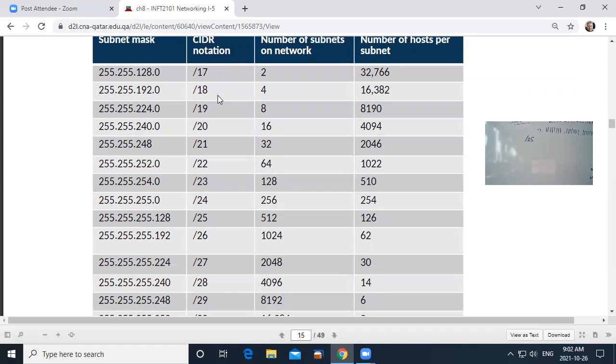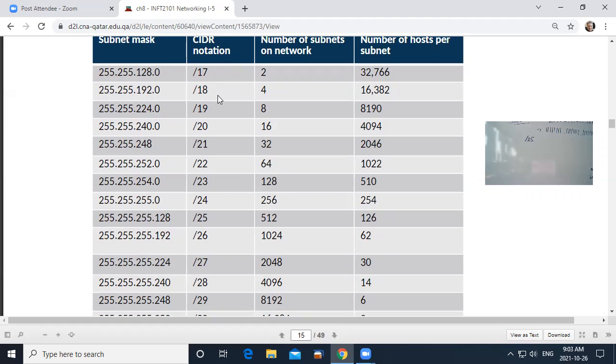192, where's that number? Is it a magic number? Well, it is kind of. 192 is equal to 128 plus 64. If you add those together, you get 192. What are those numbers? They're the first 2 numbers in an octet. So if this is the number 128, and this is the number 64, add them together, you get 192. So this number is not a mistake, right? It's exactly what we expect. The /19 is going to add another number there, right? And then you've got 32. So that's going to be what? 224.